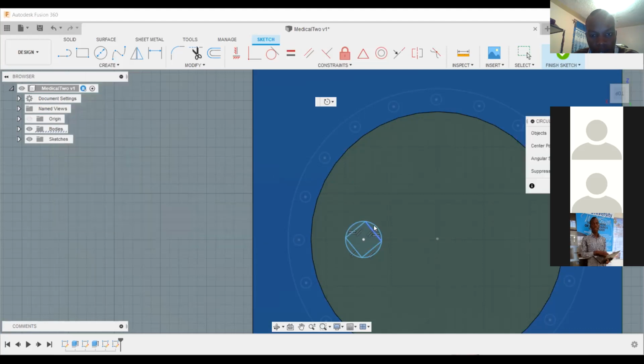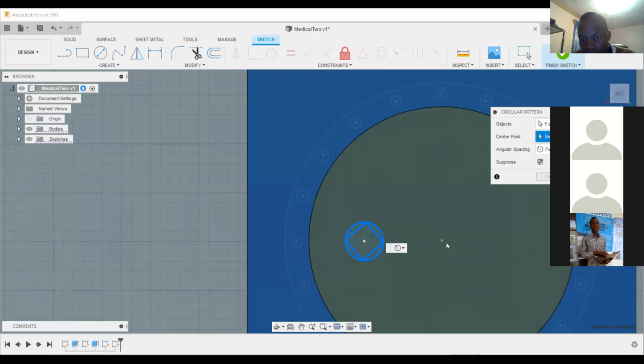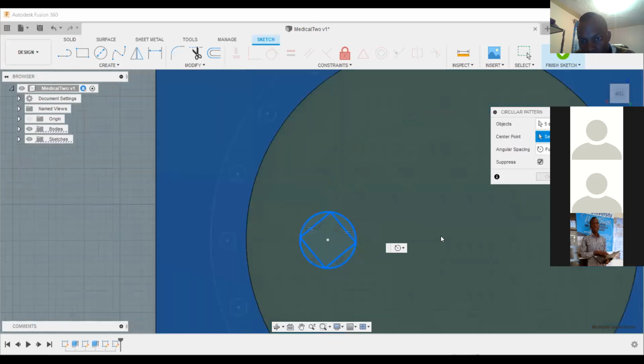Then you click on the circle plus the lines. So you click on everything so that everything is blue. Then there is this floating part which is telling you circular pattern. So you select center point, you select the katikati ya circle,